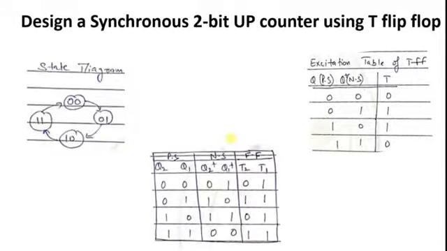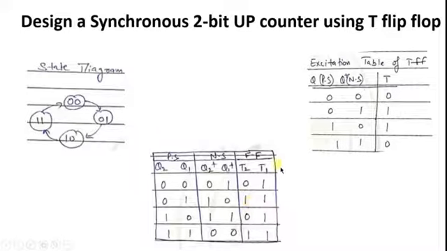Now, based on the excitation table and the state diagram, we are going to go for the state table. So this is your state table in this particular case. How are we going to write it? We write it this way: present state, next state, and the flip-flop input being used. The question is 2-bit. The number of bits identifies how many flip-flops would be required. As there are 2 bits of counting, obviously we need two flip-flops in this particular case.